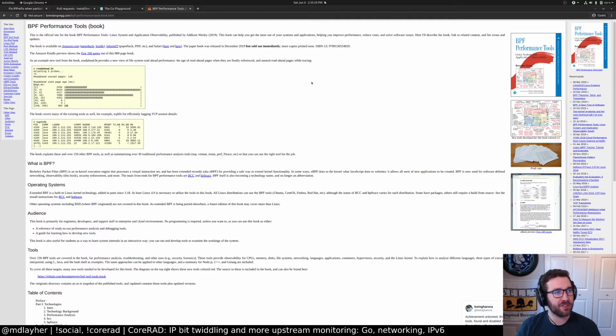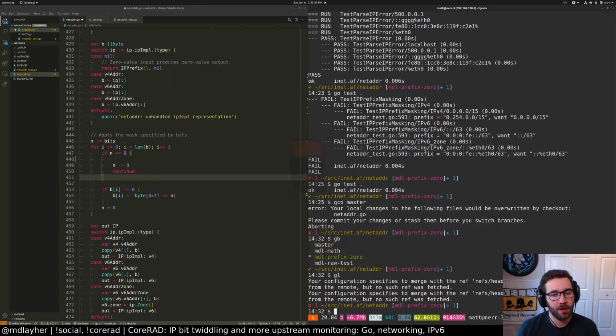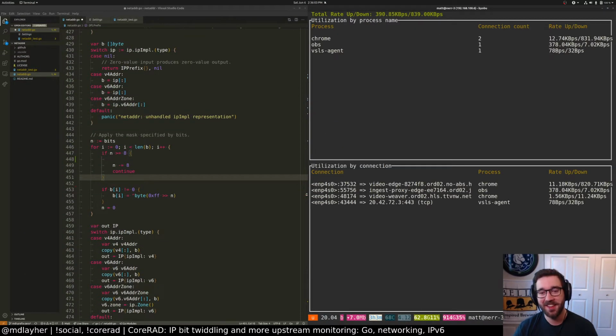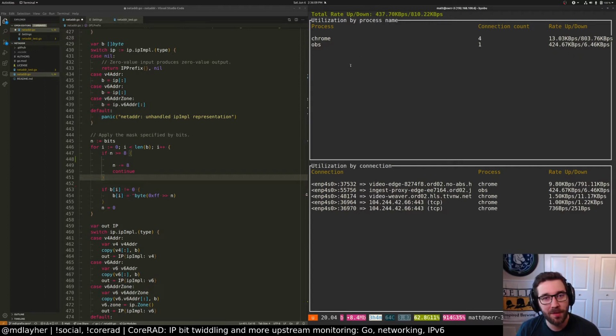Oh yeah, I wanted to show you all a super cool tool actually. So let me see. Where do I have that installed on this computer? Bandwhich. I do. Yeah, check this out. This is a program called Bandwhich. It is like a Rust bandwidth monitor thing. It is extremely cool. It shows you the programs that are currently utilizing your network connection, and which sites you're connecting to. So for example, we got the Twitch stream going on here. Yeah, very cool stuff. I have this on my router as well.